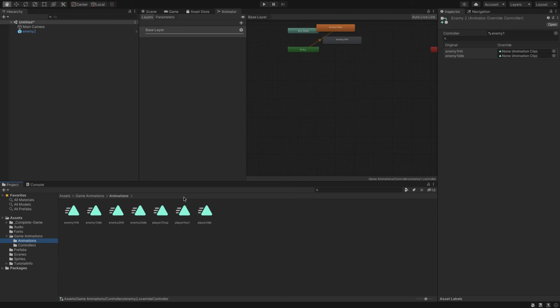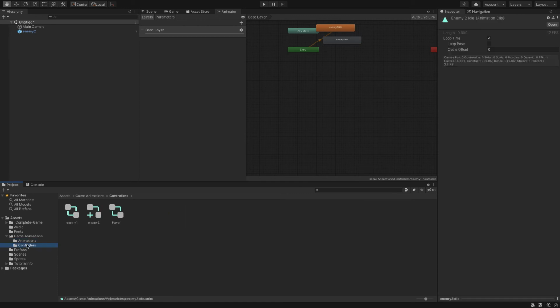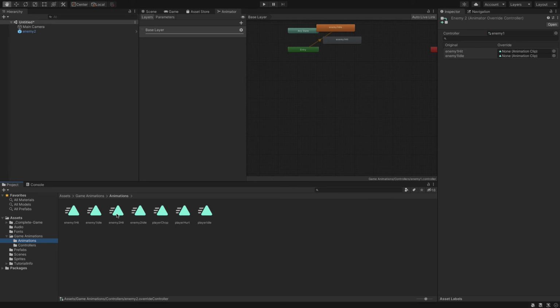Well, since we're working with enemy 2, we're going to go to our animations folder, and we're going to go to where it says enemy 2 idle. Now this is one thing that's a little frustrating. Let's go back to the enemy 2 controller. We could just search it out. I find it easier to click and drag. So we go to enemy 2 hit, and we're going to replace the animation with enemy 2 hit. And now when we go to enemy 2 idle, we want that to play. So now when we play enemy 2's animation, we're going to get